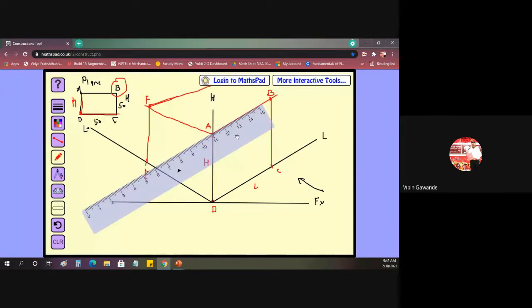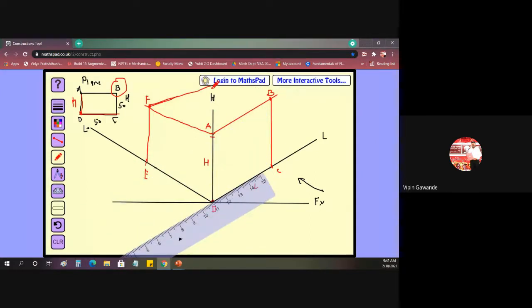Like this. Now from B, because we don't have a point here, you have to take the reference as B. Now we have to draw the line in this direction, parallel to AF or parallel to D. If you draw the line parallel, you'll get something like this. So we got the three-dimensional box.